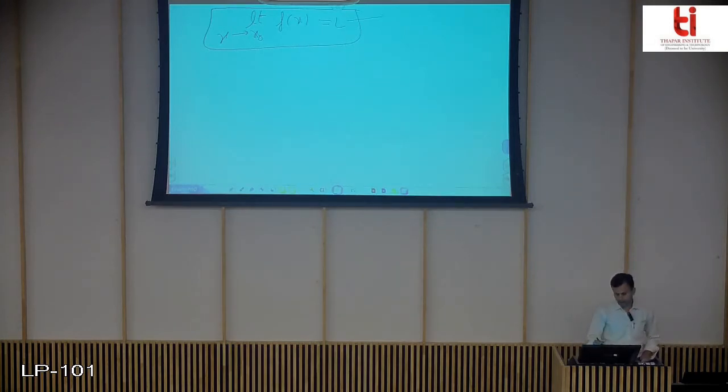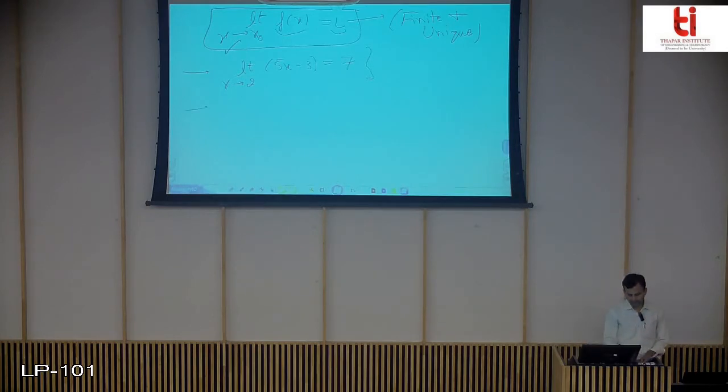No doubt this L should be finite and unique. The value of L that comes out when you approach x naught should be finite and unique. What does it mean? If I am taking a simple limit, it simply means a value like 7, which is unique and finite.